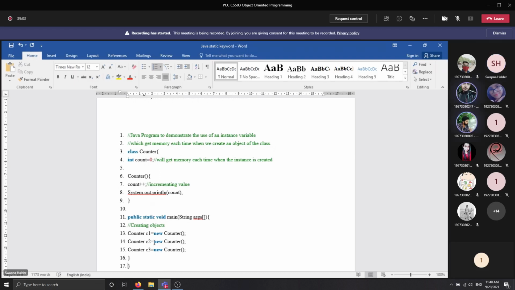Ma'am, output is 0, 1, 2. No, not 0, 1, 2. Always zero. No, it's not 0. Output is 1, 2, 3. No, it will not be 0, 1, 2, and it will not be 1, 2, 3 either.